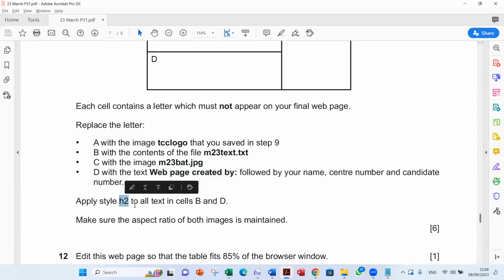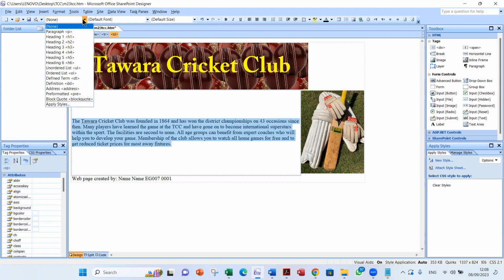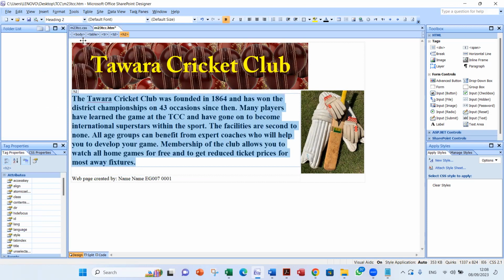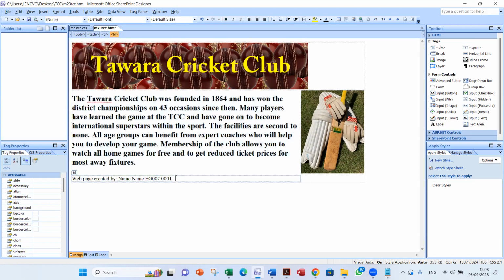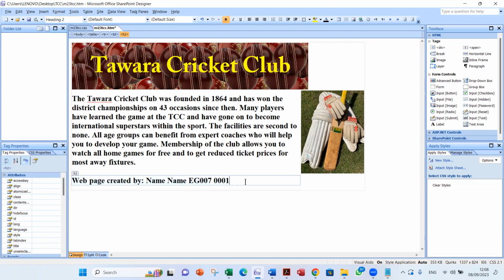Apply style H2 to all text in B and D. Highlight the text in here and make it style H2. Highlight the text in here, and make it style H2.